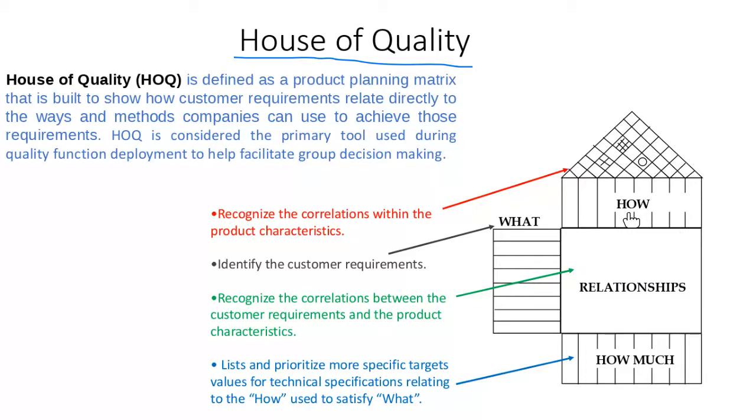Usually, this part of the house is set by the engineers or the specialists in the company. The what is measured from the customer requirements. Also, the correlation between the specifications is set by the expertise in the field. Then there is the lower part, or the base part. They call it the lower base of the house. And what does it